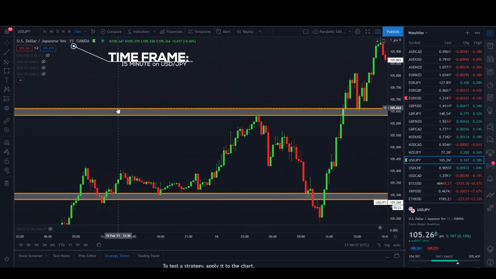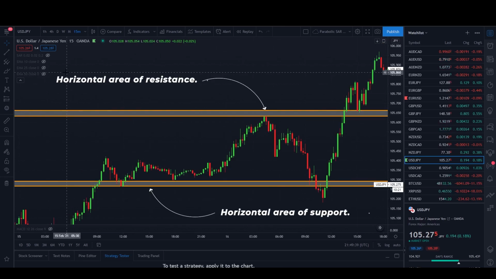So I have USD JPY on a 15-minute chart, but as I said, you can use any currency pair that moves either upside or downside. So don't worry, I will show you both examples for a buy and sell trade and how it works using this strategy. I have identified my horizontal areas of sensitivity, support and resistance based on the price moves in the past,